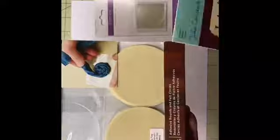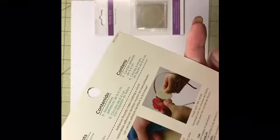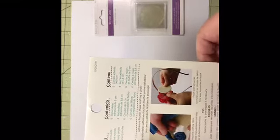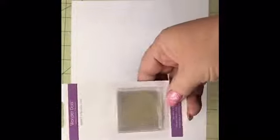These are bigger ones. They're the same thing. 10 comes in this pack, 6 comes in this pack. These are actually 2.5 inches round. These have two different sizes. It actually has 6 2 inch and 4 1.5 inch with the felt the same size. So these are the ones with the felt. This is without. This is 1.5, and I'm going to show you how easy it is to make a flower